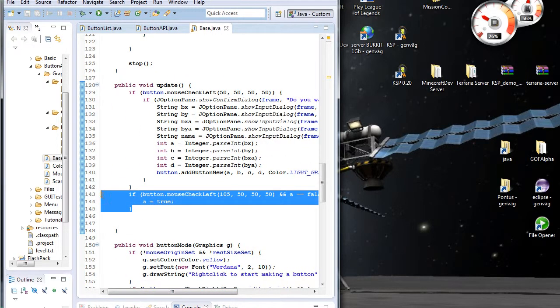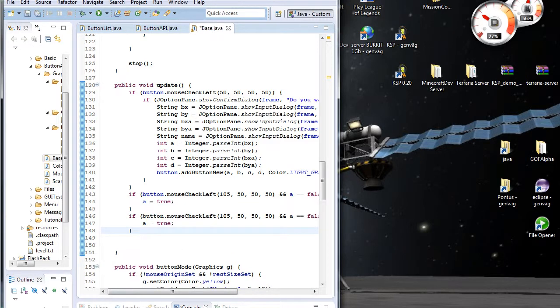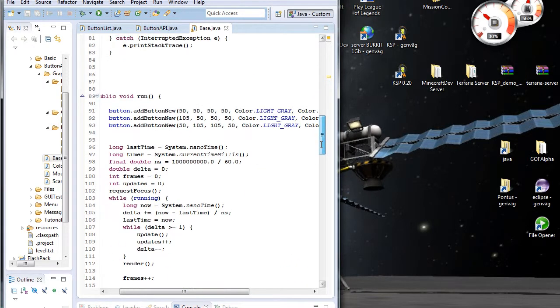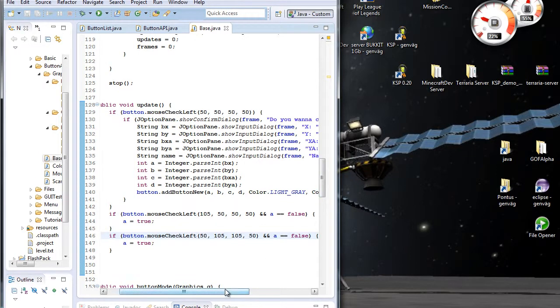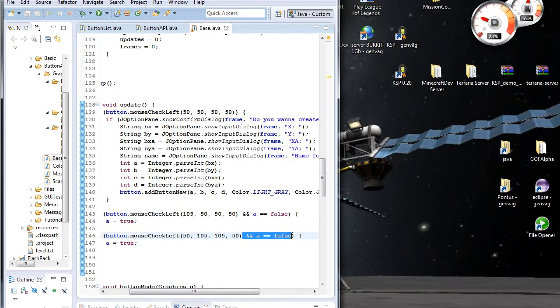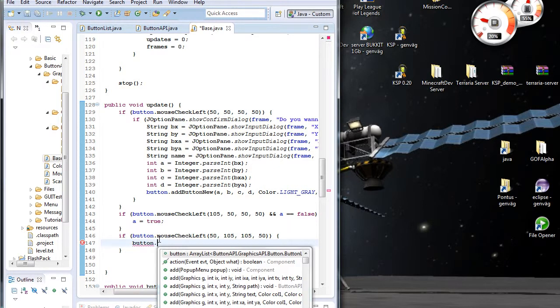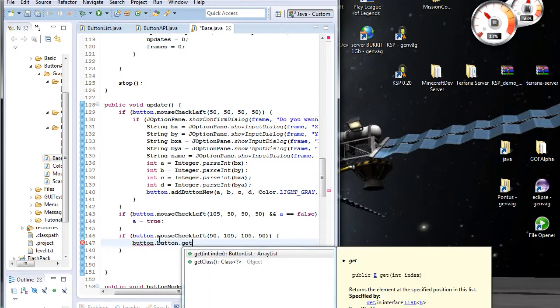now we basically want to copy this. So if we're left clicking at the button, these coordinates, I believe it was. Let me check. Yes, it was. Then we don't want to set A to true. We want to do button dot get